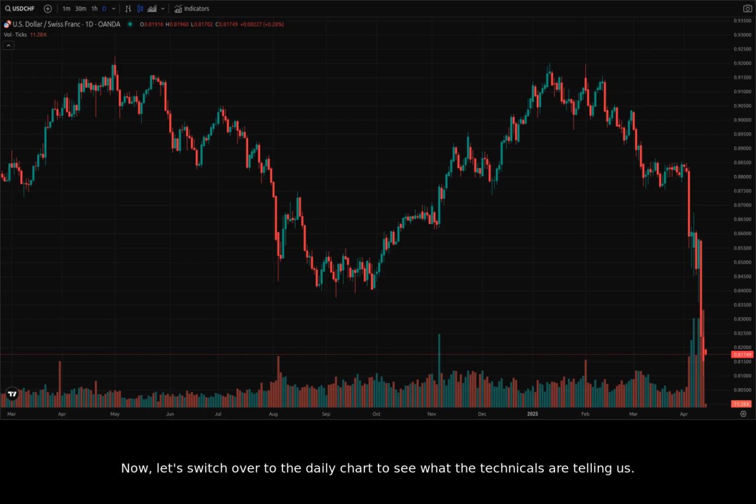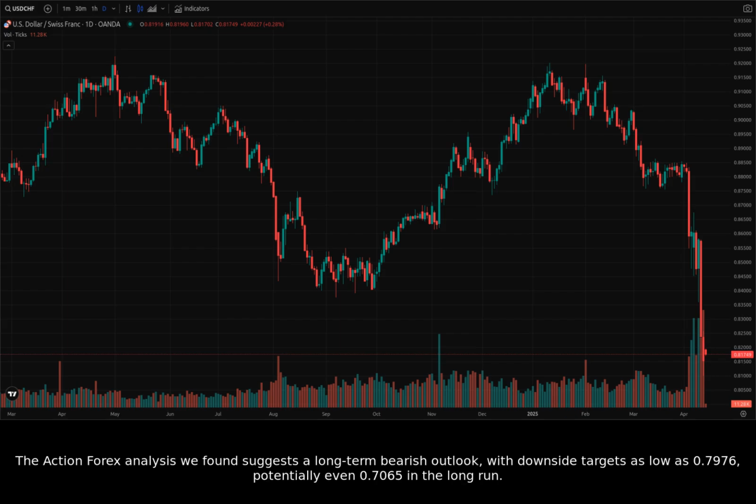Now, let's switch over to the daily chart to see what the technicals are telling us. Looking at the broader picture, we can see a significant downtrend developing since late 2023. The Action Forex analysis we found suggests a long-term bearish outlook with downside targets as low as